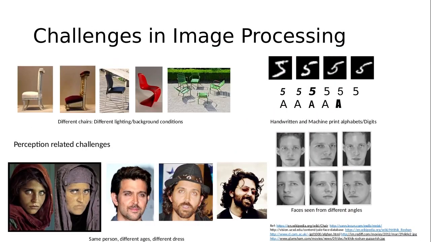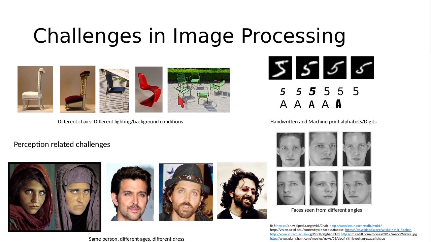Now, in addition to color-based perception, you have other problems as well with respect to how human beings perceive the world. According to human beings, all of these are chairs, right? But forget the RGB values, the structure of the chair itself is very different. So for instance, this chair has 4 legs and a backrest. This chair also you can kind of argue that it has 4 legs and a backrest. Here also the chair has 4 legs and backrest, but the legs are not prominent, they are not very clearly visible. This is a chair, but it doesn't have 4 legs, right? And what do you call this?